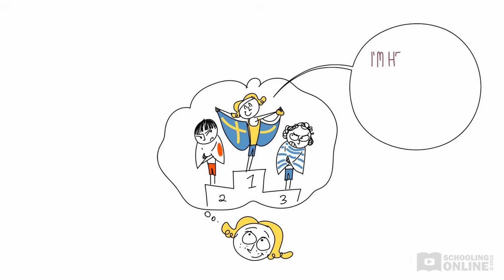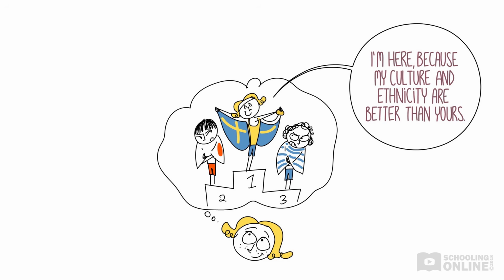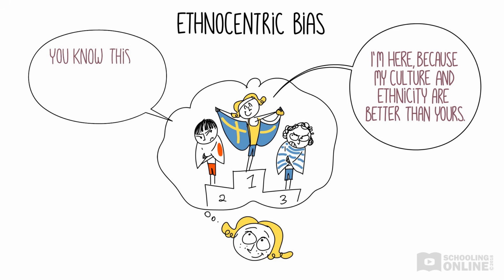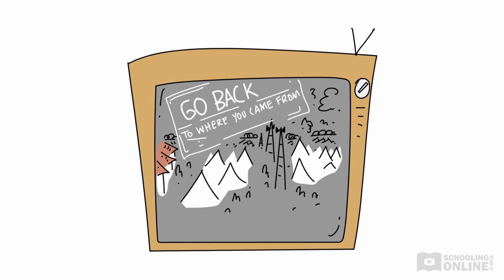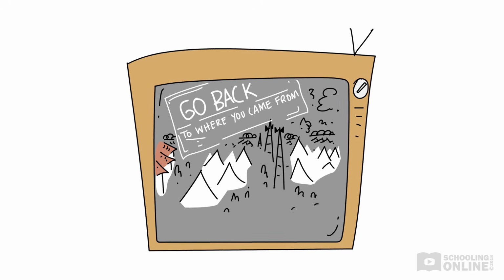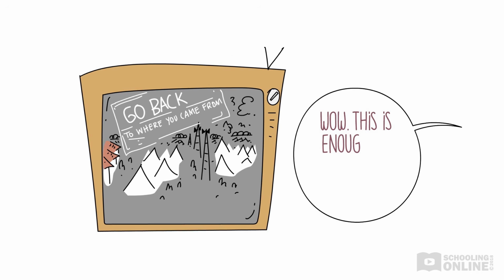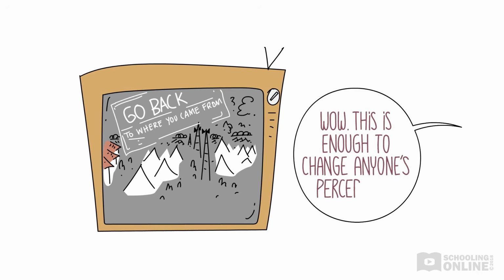Similarly, your text might explore the impact of racist stereotypes in society. In fact, characters in your text might have an ethnocentric bias, which is where they think that their own culture and ethnicity is better than others. Perhaps you are studying the text Go Back to Where You Came From, where some participants make assumptions about refugees and asylum seekers based on stereotypes. Maybe the composer of your text is trying to challenge harmful stereotypes.